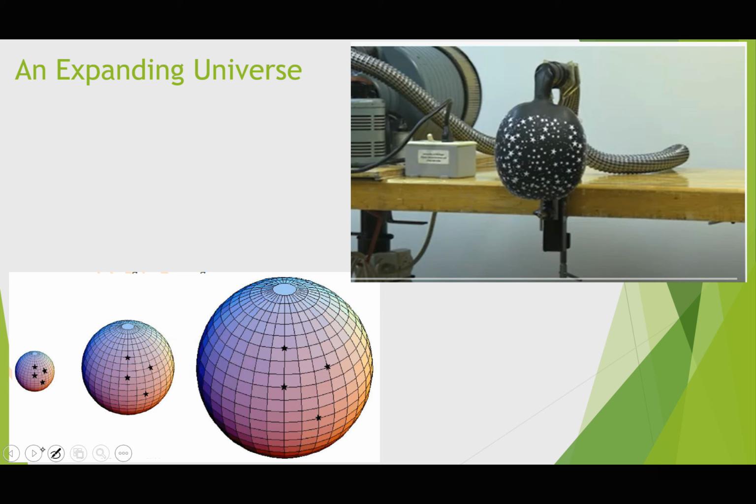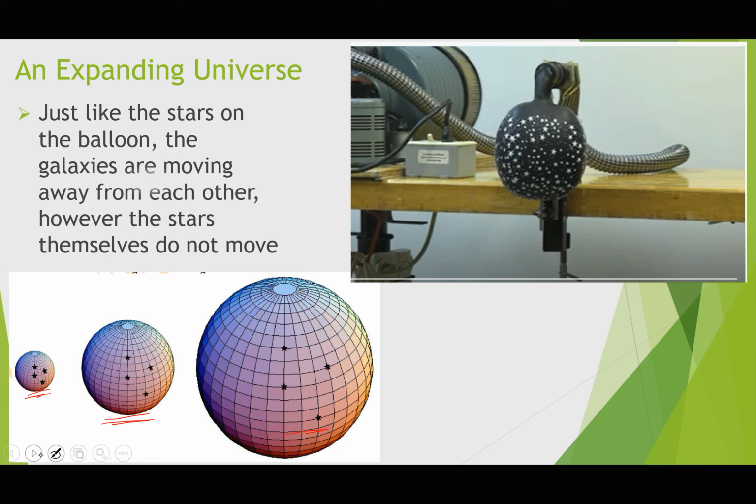So here we have a simple situation where the universe has not yet started expanding, and we look at the stars. And the second diagram shows the space between the stars having increased because the universe is expanding in all directions. So the space is stretching out in all directions. And if you compare with the third diagram, notice that the space between the stars has uniformly increased in all directions. So this is what we mean by the expanding universe.